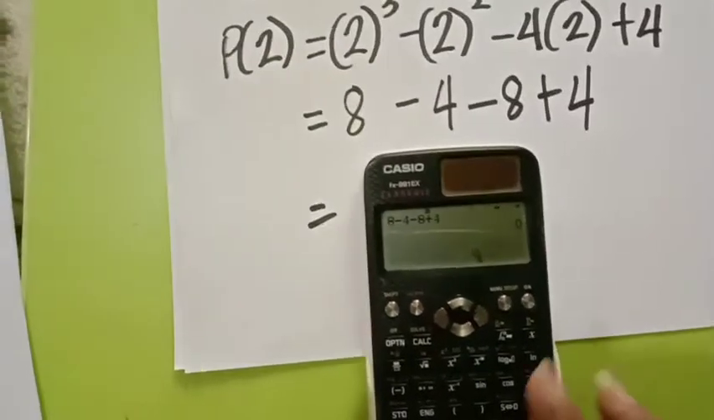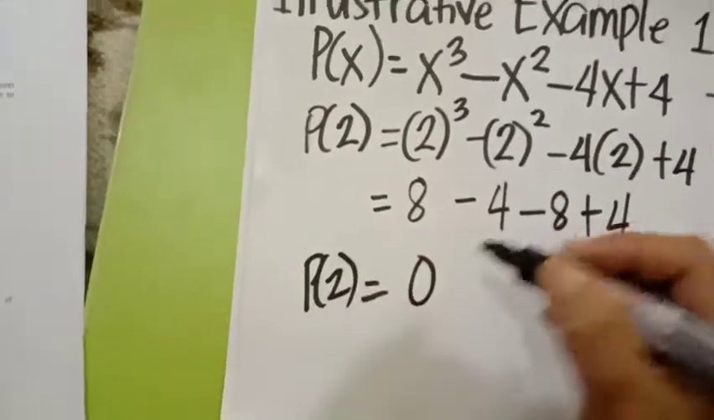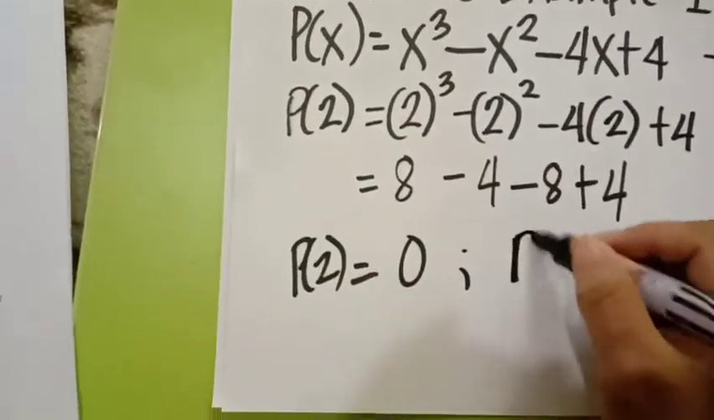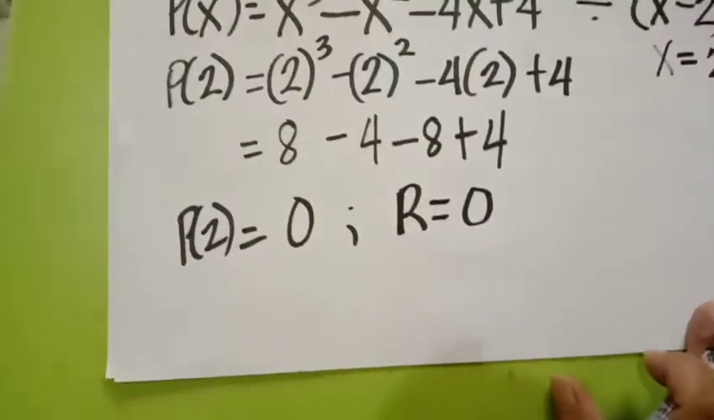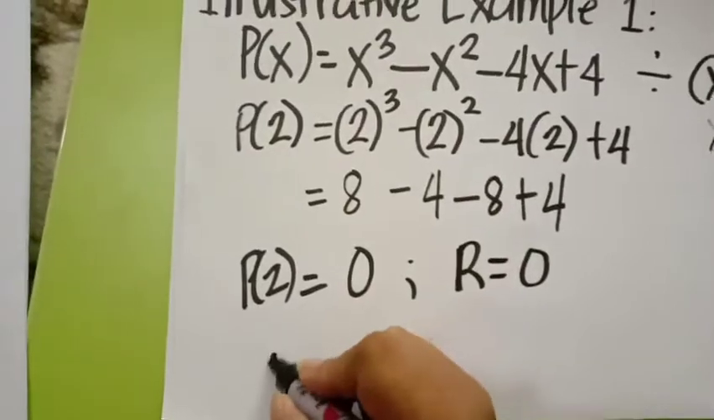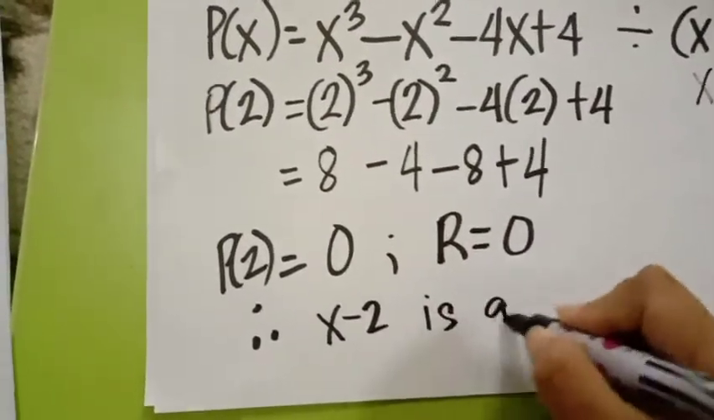The answer is equal to 0. So, P of 2 is equal to 0. Therefore, the remainder R is equal to 0. So, ang nakuha nating remainder ay 0. Ano yung pwede nating i-conclude? Therefore, x minus 2 is a factor